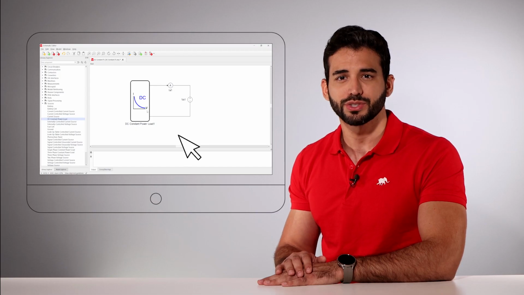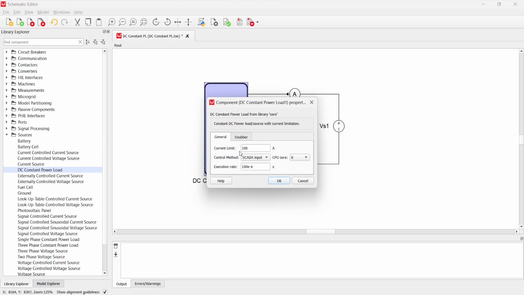This component was designed using a current source, and it can operate as either a power source or a power load. Upon opening its mask, you see that it has current limiting capability, which is currently set to 100 amps in any direction. There are two options for setting the power reference: the SCADA input or via signal input.